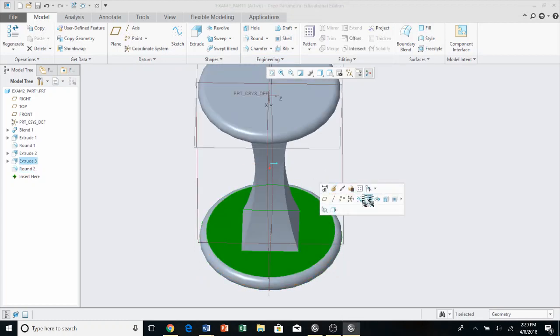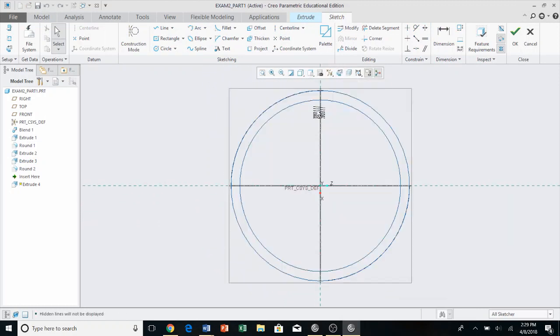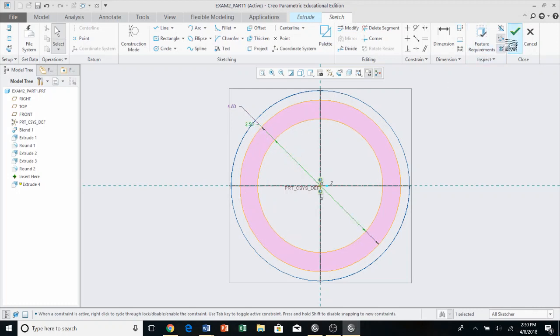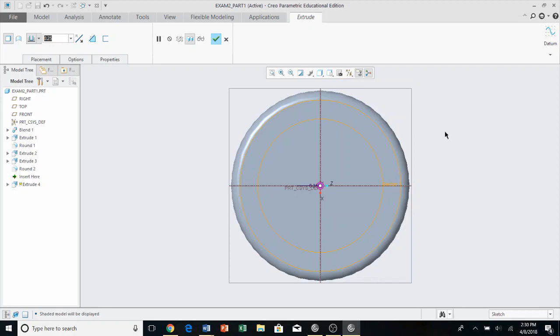And then we're going to go to this surface, and we're going to click extrude, and sketch view, and no hidden. And from here, we're going to click circle, and we're going to make 2 circles again, where one is 4.5 and the other is 3.5. Click OK. And we need this to be 0.25 again. And we're going to click shading to make sure it looks